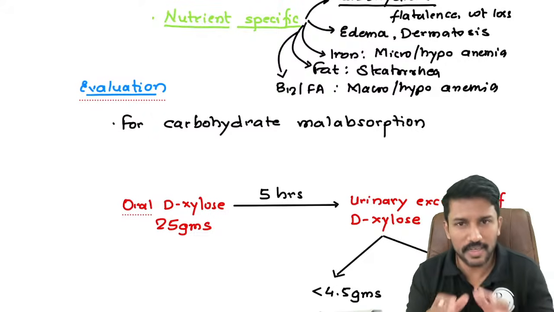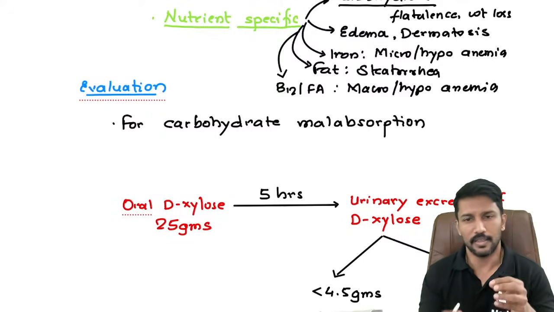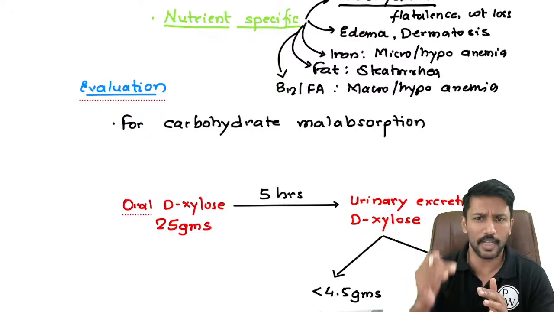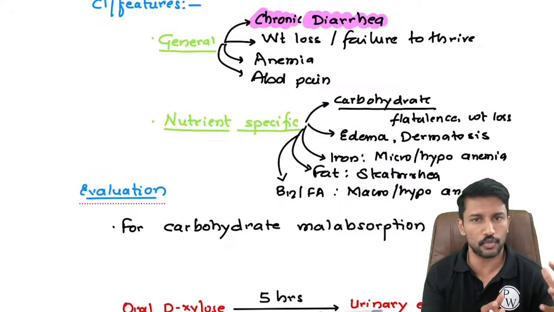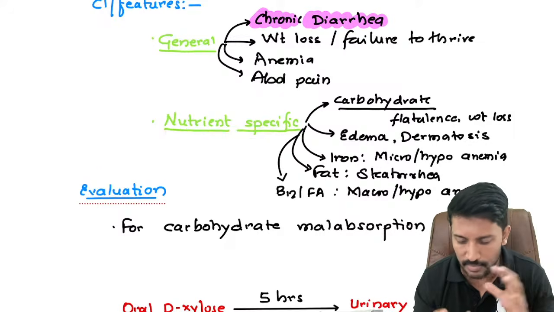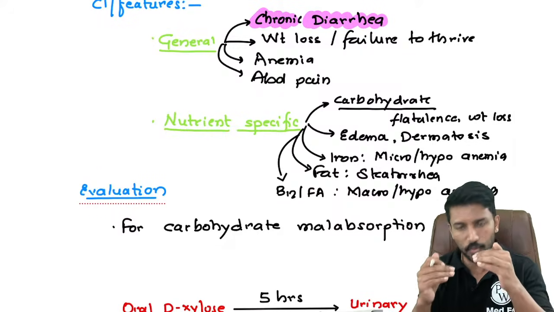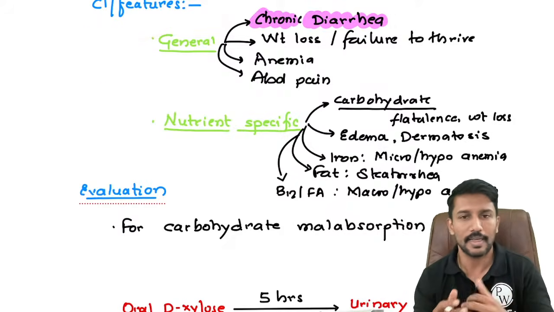So we can also try to be a little descriptive of the nutrients, right? If you want, you can also write the 3Ds of niacin malabsorption, or pellagra. You can elaborate on it. But try to have these headings: the general symptoms of malabsorption syndromes and the nutrient-specific symptoms of malabsorption syndromes. It is more pleasing for the examiner to see that, okay, the student knows something, and whatever marks he wants to give for clinical features, he will give you.